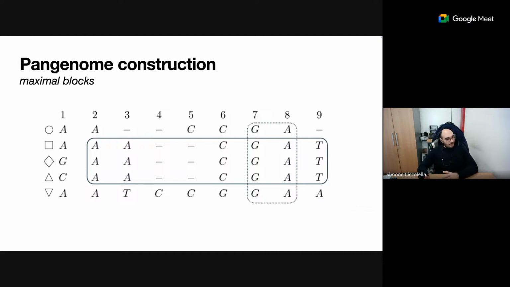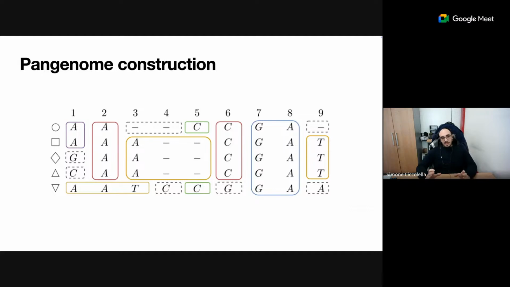Thanks to Davide and his previous talk, we now know what these maximal blocks are. And in fact, we used a similar approach in this work, where given a multiple sequence alignment, so not as before with a matrix of 0 or 1, here we have different characters, and we want to compute these maximal blocks. So as explained by Davide, we want to have blocks that cover as many positions as possible in both columns and rows. And the idea is that we want to cover the entire multiple sequence alignment with these maximal blocks.